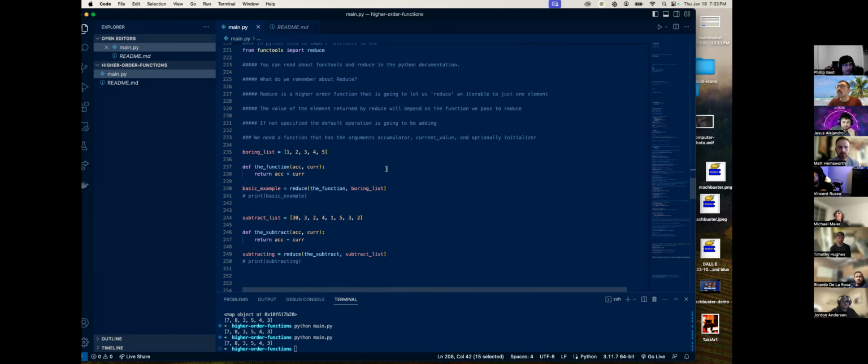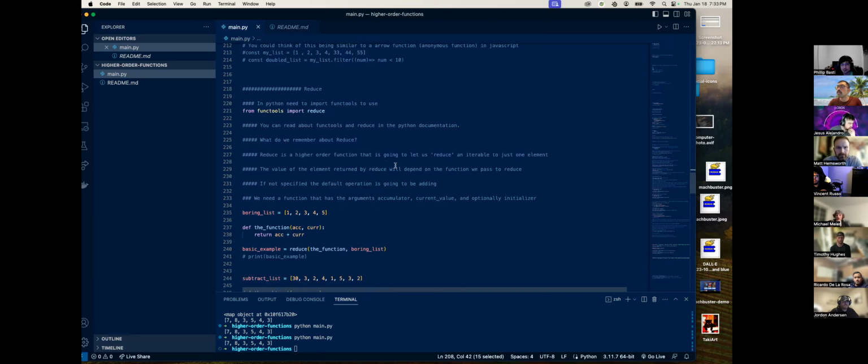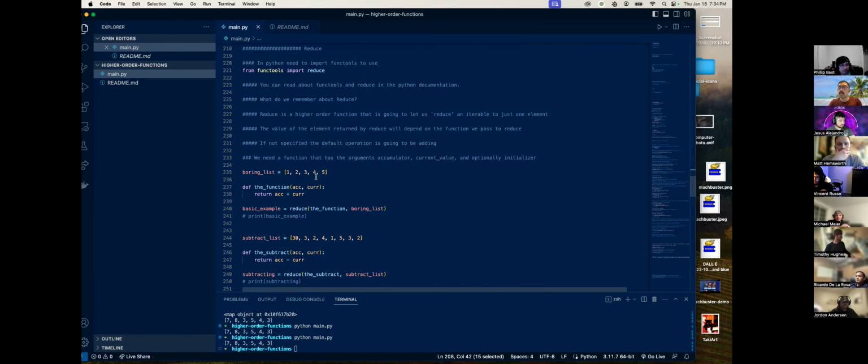So who remembers what reduce did in JavaScript? Can anybody tell me? It adds up all elements in an array and returns a total, so like an integer or whatever it is, a string. Right. What helps me remember is I always think it reduces down to a single element, but the default behavior is adding. So if we take this boring list and then this again,